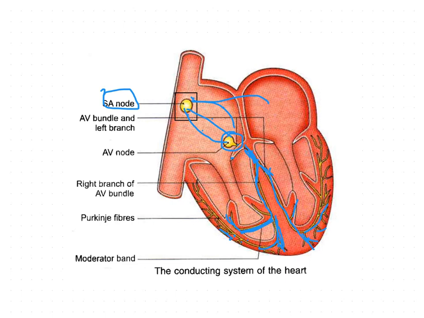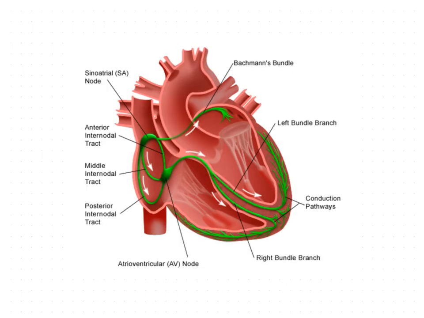And in the next picture we are going to see the conduction of the cardiac impulse. So it starts from the SA node here. It starts from the SA node and it has three tracks: one is the anterior, middle and the posterior, which will reach the AV node. From the AV node it is going to delay,